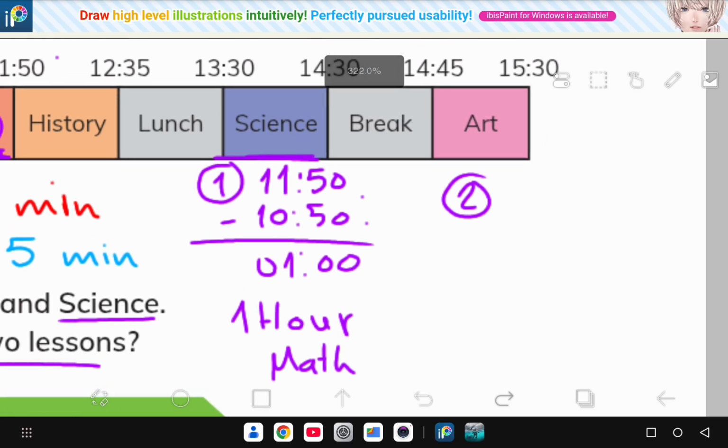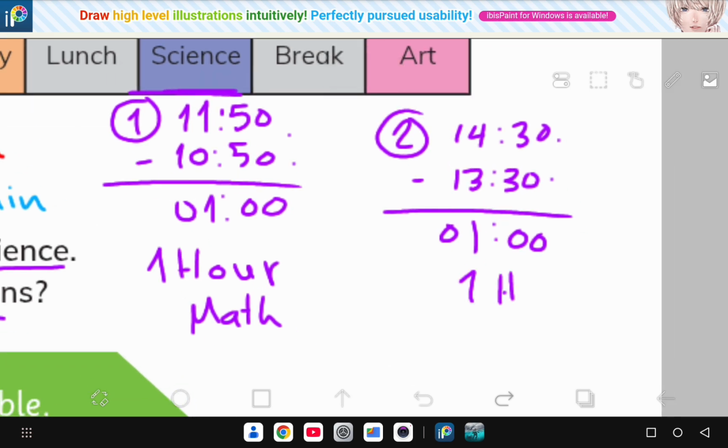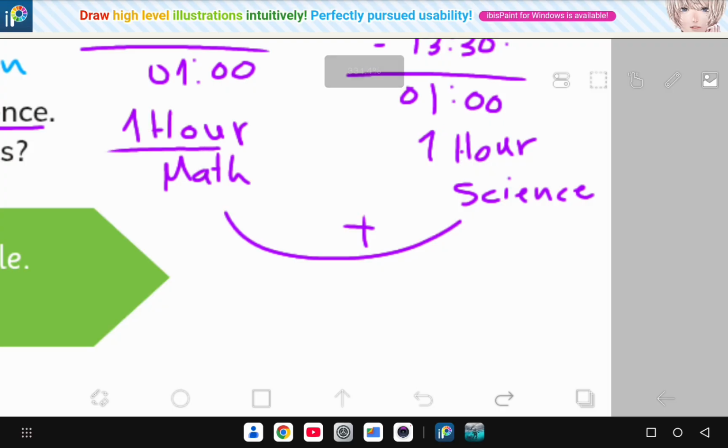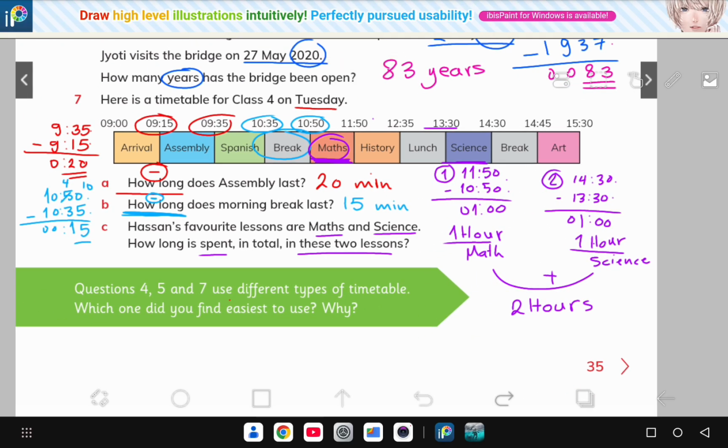The science starts at 13:30 and ends at 14:30. Minus: 0 minus 0 is 0, 3 minus 3 is 0. 4 minus 3 is 1, 1 minus 1 is 0. Also 1 hour for the science. I add them together. 1 hour plus 1 hour, it's 2 hours. And by that, I finished all of the questions in Unit 2. Lesson